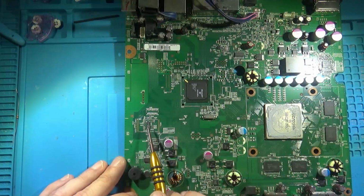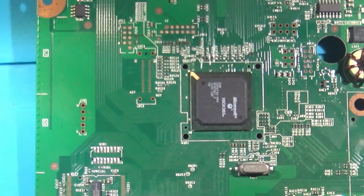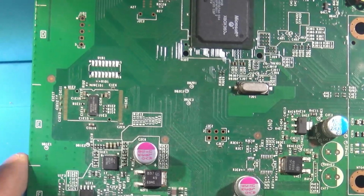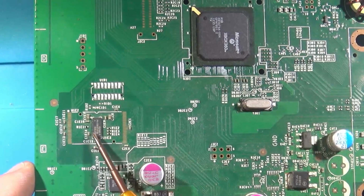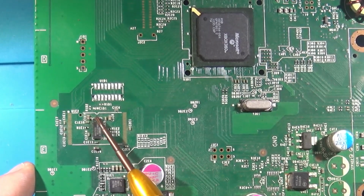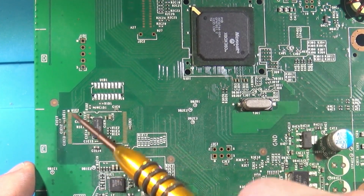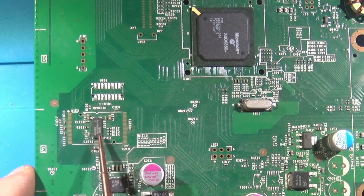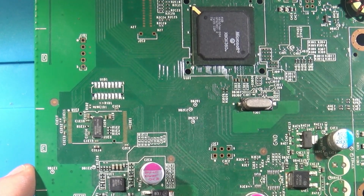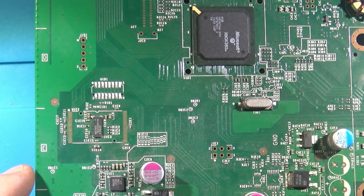First off, the type of chip. So let's zoom in right there. So we're focusing in on this area. Now, as you can see, we've got this little tiny chip, but right here you see these unpopulated legs. So what this means specifically is we have a 4 gig NAND. So what we're going to need to do is solder up one of the SD card readers, or if you have the new